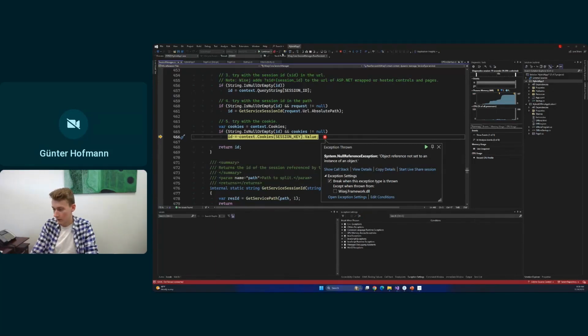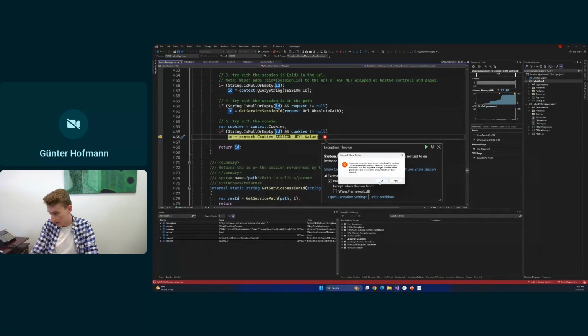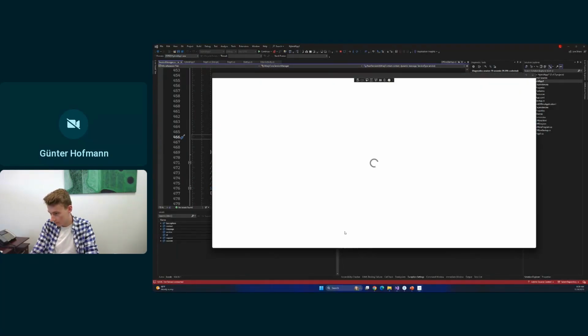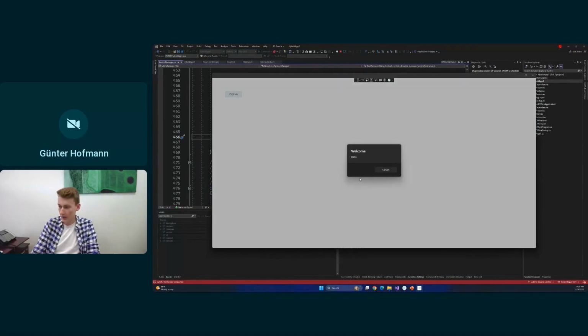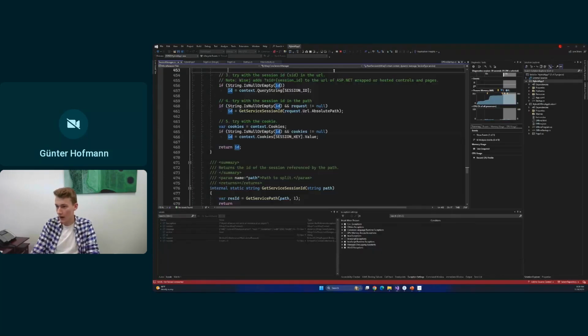Let's see if this is going to work for us. I had all exceptions enabled, so this thing is going to break. Okay, so now we have our WisejNet view, and we have our little button, click me. So when I click it, I see I get a Windows native alert dialog. So I can also now use hot reload